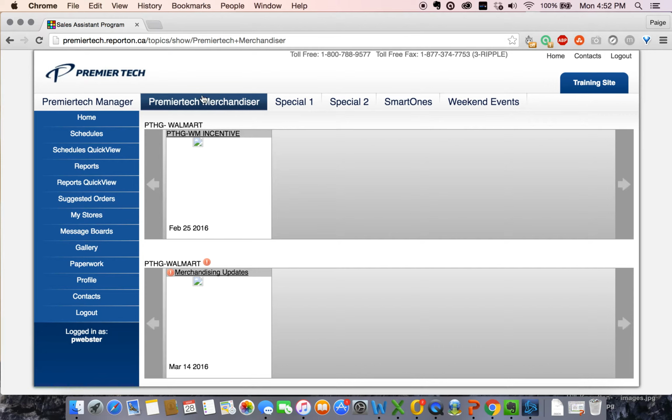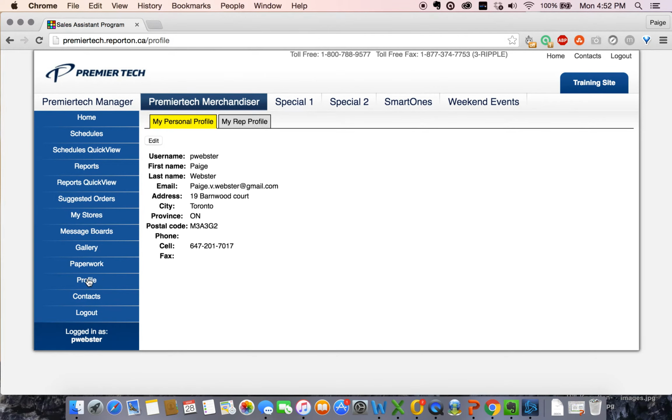Perfect. So as soon as you log in, the first thing you want to do is change your password. So go to Profile over here on the left and select it. You can check here and make sure all your information is correct, make sure your address is right, your postal code, everything. And if it's not, you can edit it, but I'm just going to show you how to change your password. So click Edit,